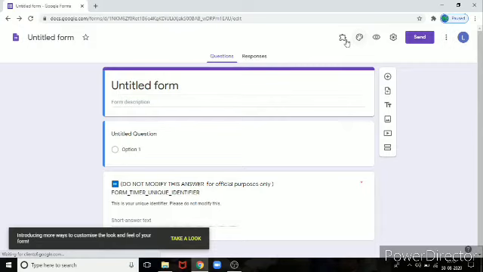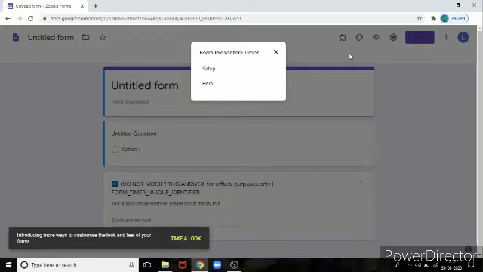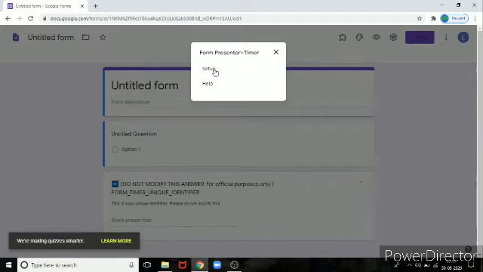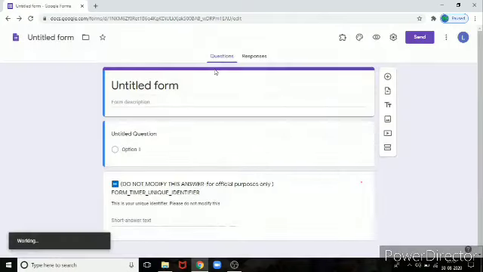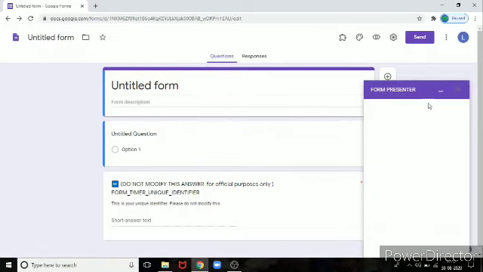You can see the add-on form presenter setup here. Previously in form timer we saw the configure option, and here in form presenter plus timer, when you click setup, it will show a small window.